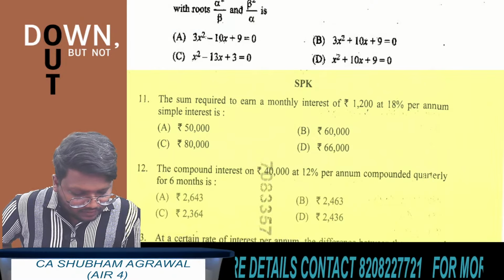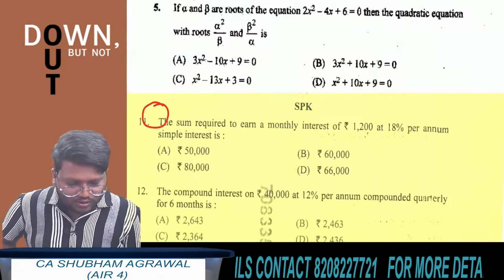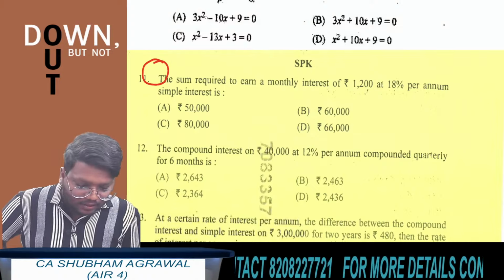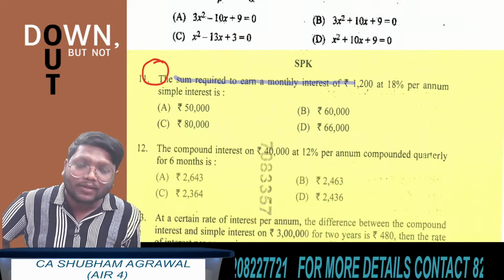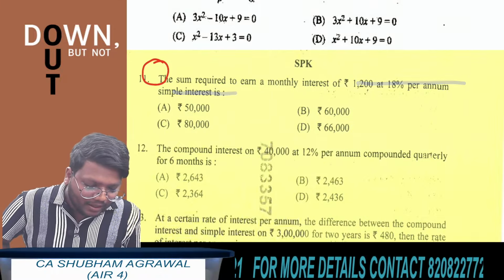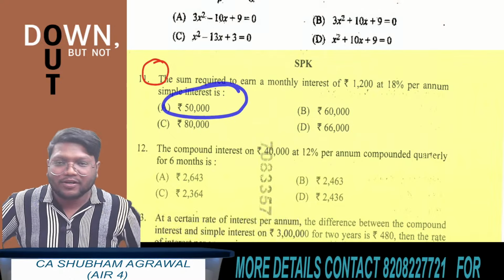Question number 6 and question number 8 in this paper are from linear inequalities. All of you quickly read question number 6. A manufacturer produces two products A and B. The profit on product A is 8 rupees on each unit and the profit on product B is 13 rupees on each unit. Then the objective function is,